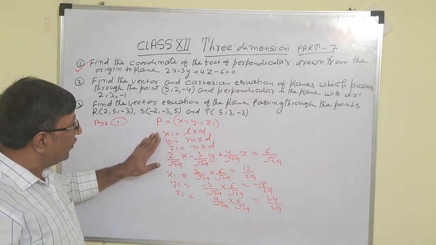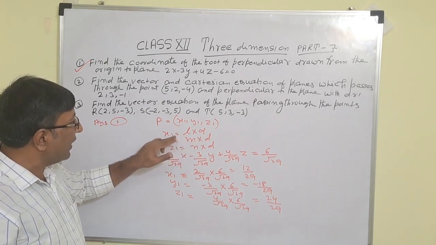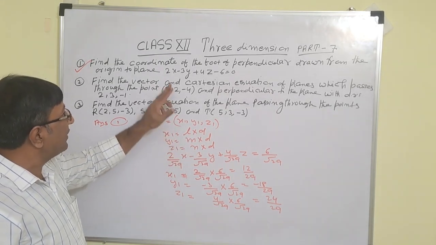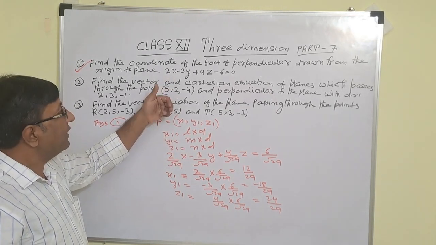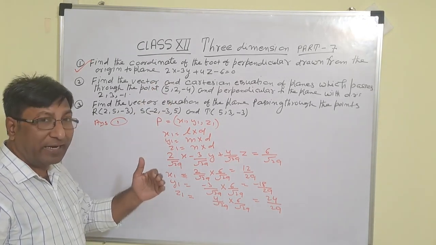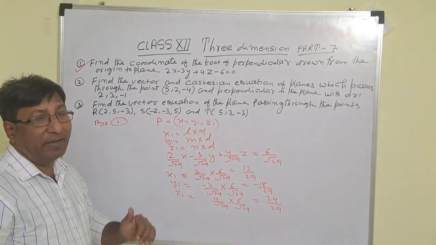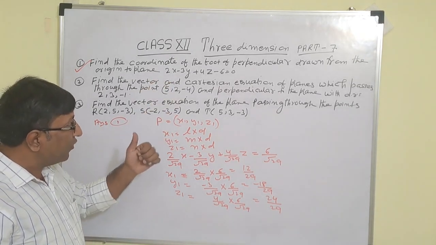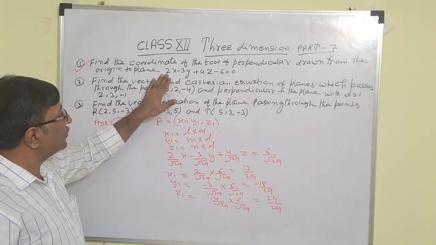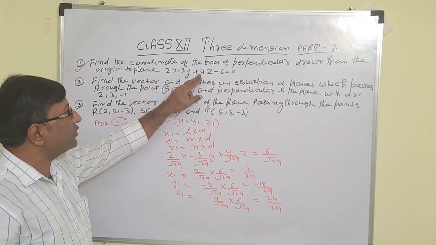So x1 equal to L into d. L is the direction cosine along the x-axis, and d is the distance. First, change the given equation of the plane into the Cartesian equation of the plane, that is Lx plus My plus Nz equal to d. For this, divide both sides by the square root of the sum of the squares of the coefficients of x, y, z, that is root under 2 square plus minus 3 square plus 4 square.